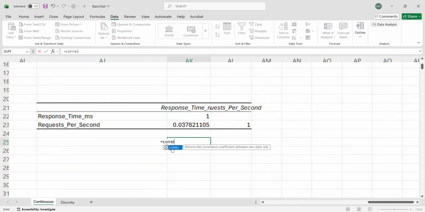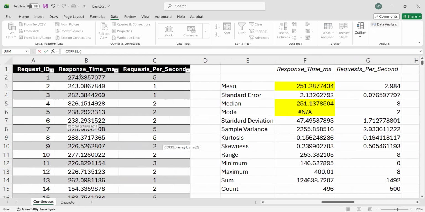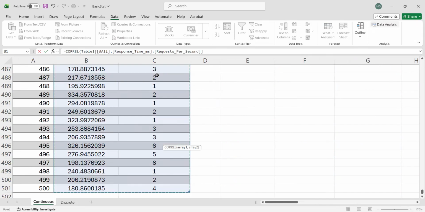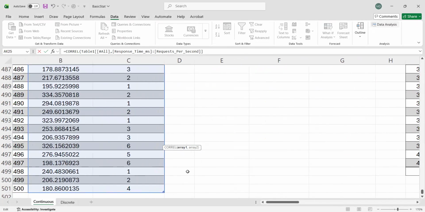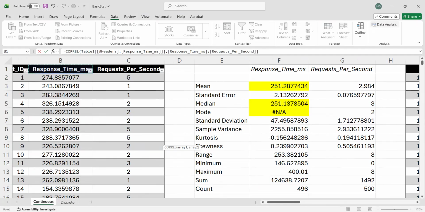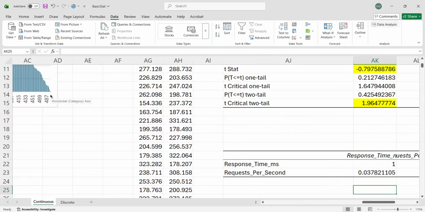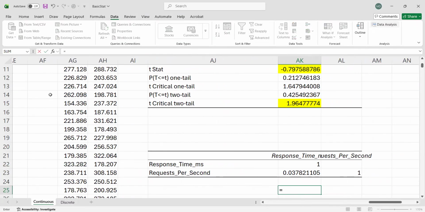And then we have the two variables. We select these two and press enter. Oh, too few arguments. I forgot. We just select one by one. So again, equals CORREL, and then array one and array two.